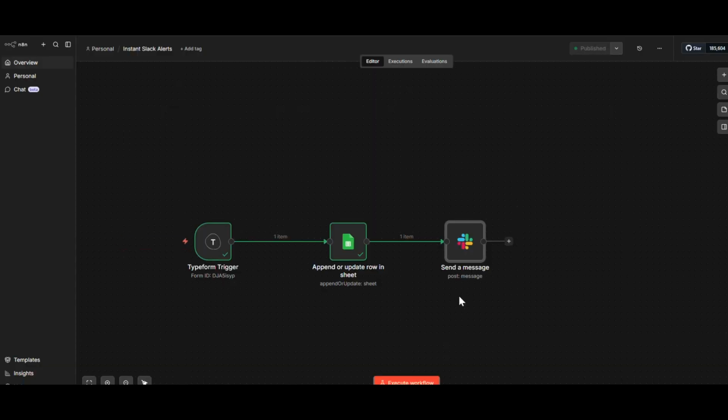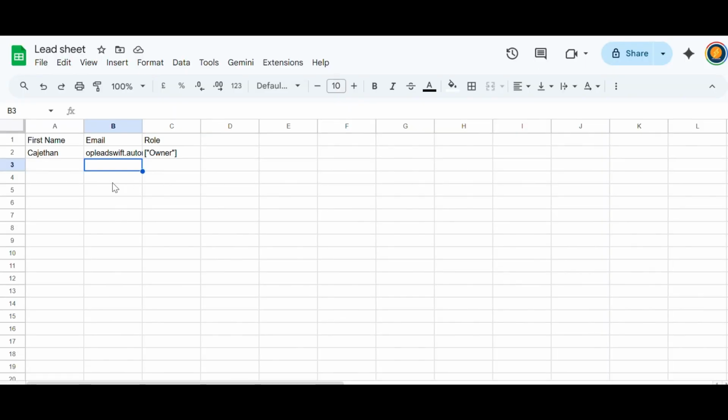what this workflow does is that it will automatically grab their information submitted on your Typeform or any form. It can be Google Form, Typeform, Tally form, any form. Once it grabs the information, it automatically logs in the details on your Google Sheet or your CRM to automatically log in their information